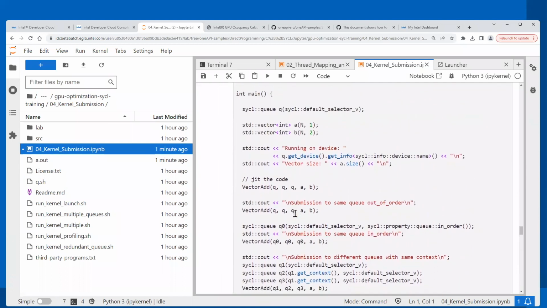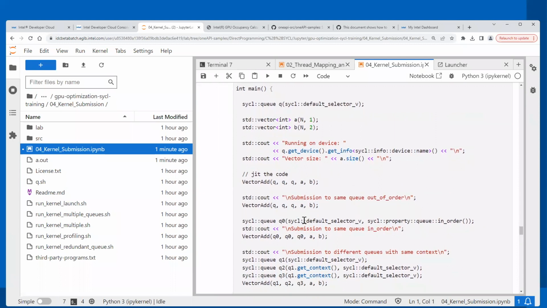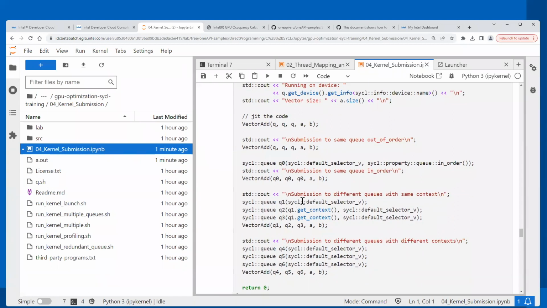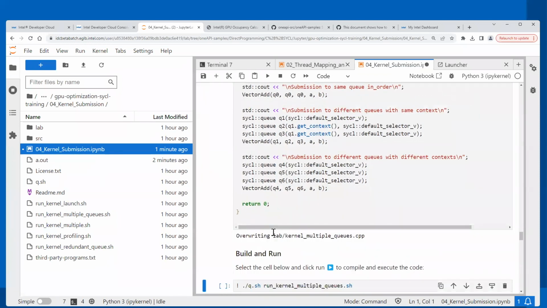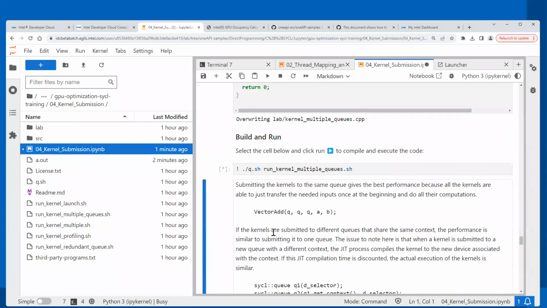So we are creating Q0 with in order, and then we are creating Q1, Q2, and Q3, but all these different queues are created with the same context as Q1 dot get context, right? Whereas the last one is Q4, Q5, and Q6. These are all three different queues with three different contexts, right? So if you run this code example, you will notice that